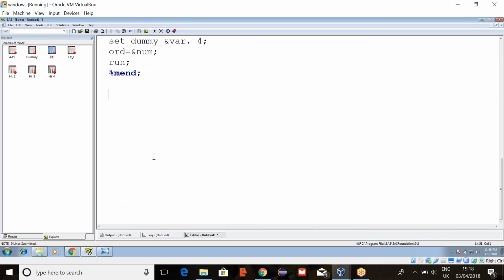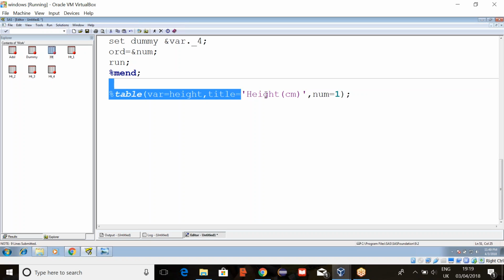If you want to call the macro, just call by %table. So first time var equals height and your title is height in brackets centimeters, num equals 1. And next, calling the macro.